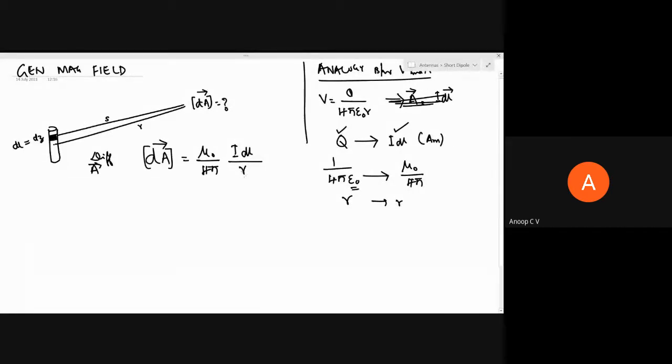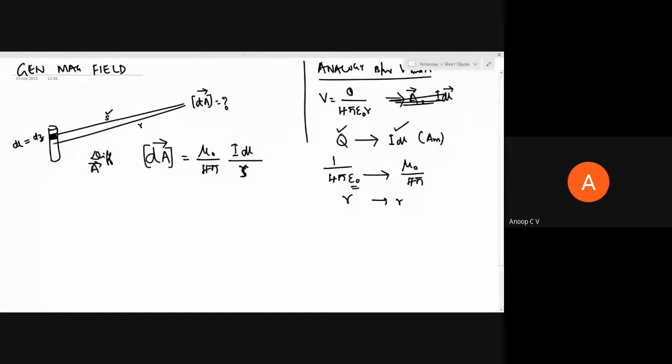Instead of R, the distance is actually S. So I should be writing S. So this is dA. I'm calling it equation number 1 of today's class, right? So it is mu naught by, so dA is